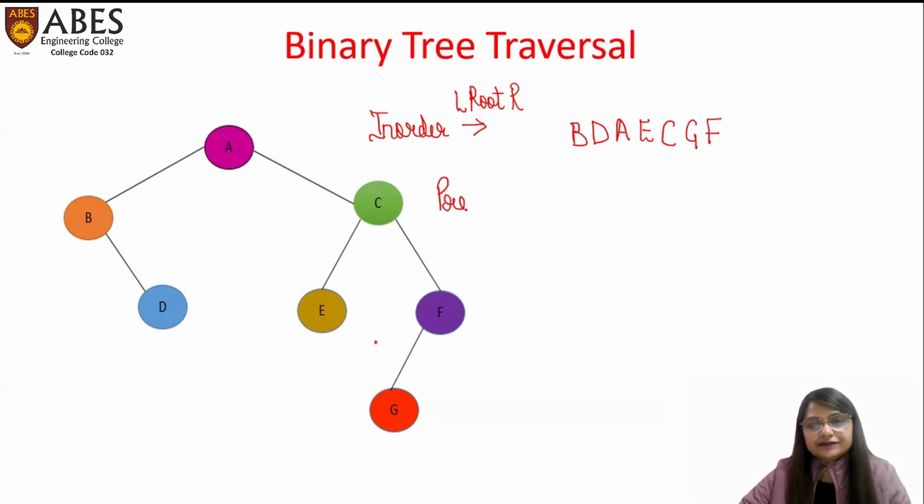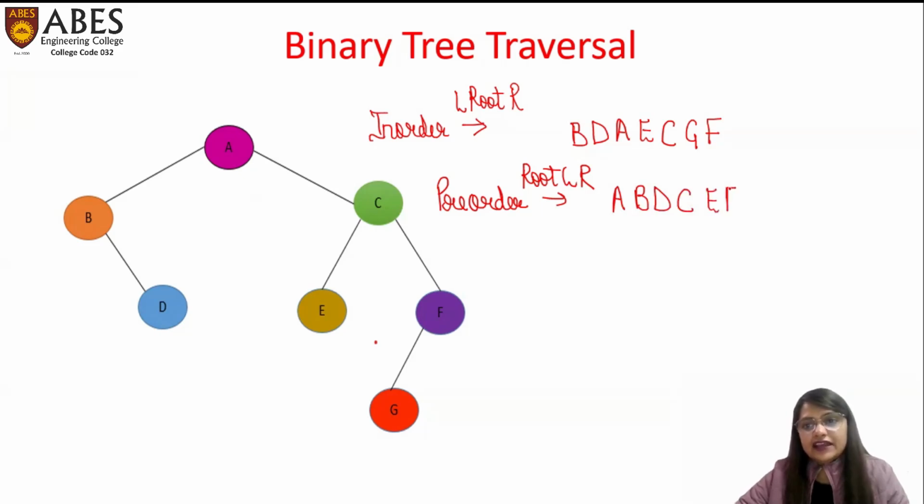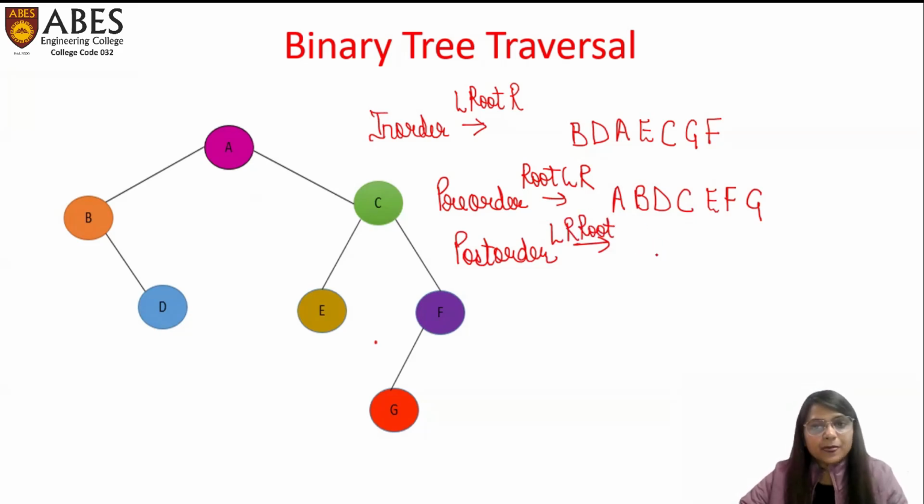For the pre-order, it will be root, left, and right. Pre-order, root. It means A, B, D, then C, E, and then F, and then G. For the post-order, it will be left, right, and then root. It means the node has to be encountered at the end. It will be